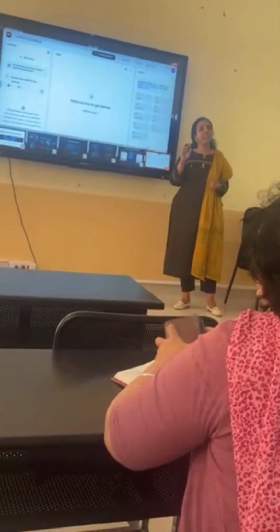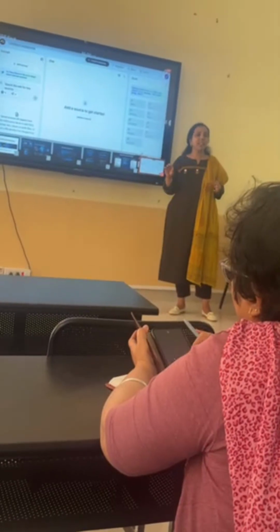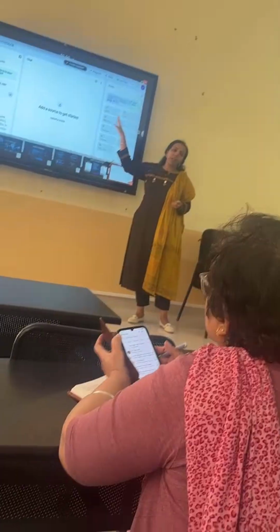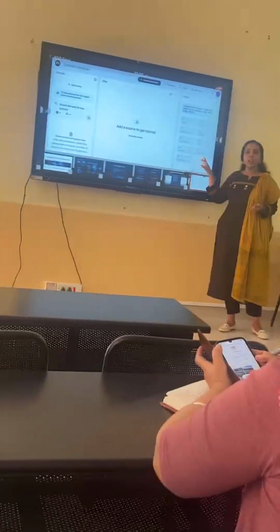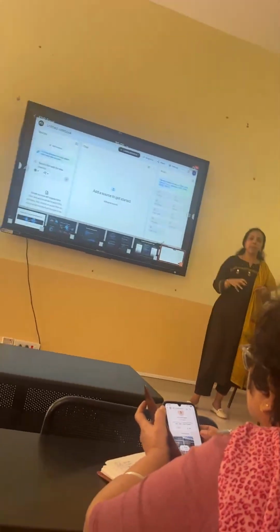So you can tell it, convert it to an audio of 8 minutes or 5 minutes. You can give the command. That is the reason prompt engineering is important. So that is converted into an audio or a video. It is also converted into a slide. Say for example, you upload one chapter, the entire chapter becomes a summary, and that